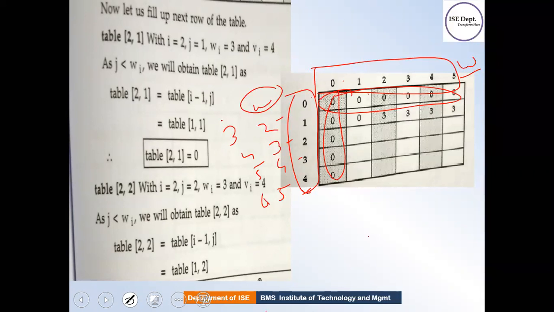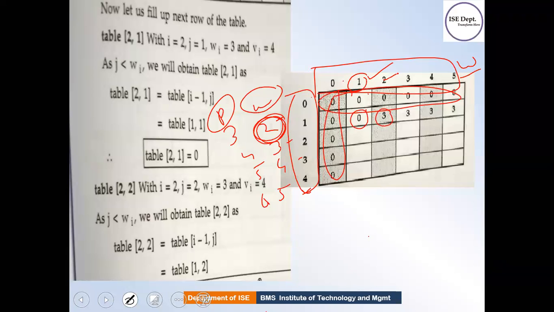Value here is nothing but a profit, correct? So remember this: whatever I am writing here is a profit. Now, if you observe, the minimum weight is 2, correct? And we also know the objects are not divisible. So I cannot take only one weight. I cannot divide this object with weight 2 into one weight. It should be all 2 always. So I should start filling the profit from here.